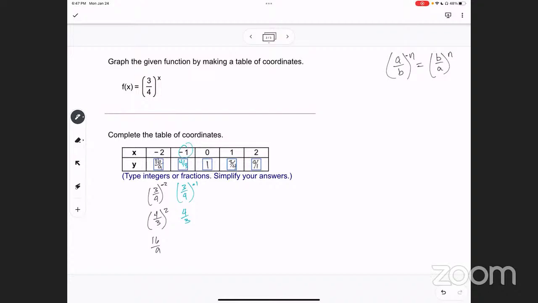9/16. Yes. All right. So look at what happened on our graph. It's like reverse. That's right. Look what happened on our graph. If you're going to the left,